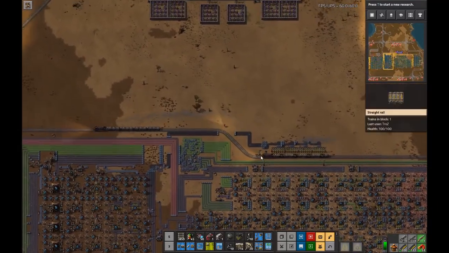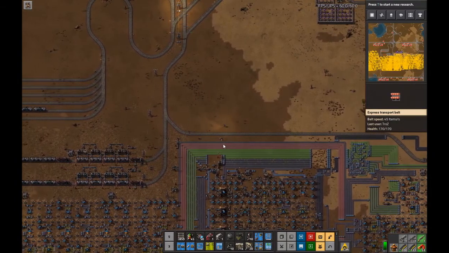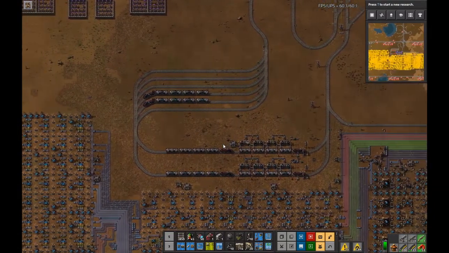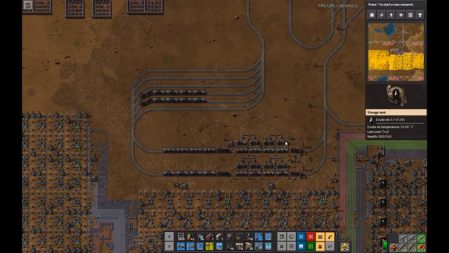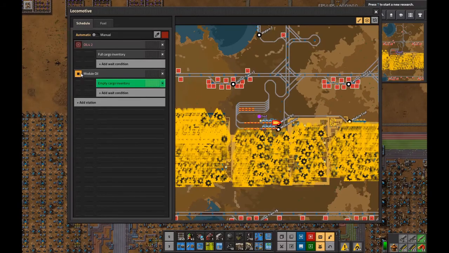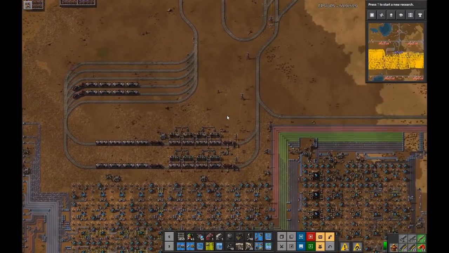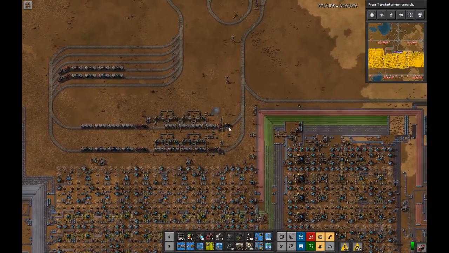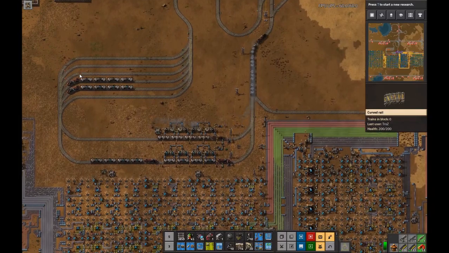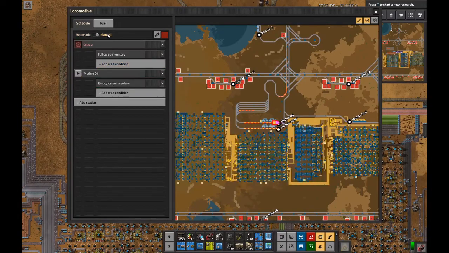Good. I think we need one more of you. Yeah, alright. We're out of... I want to get these two trains here out of the way. Go to module oil. So you gotta go back. And now... I'm gonna put you...